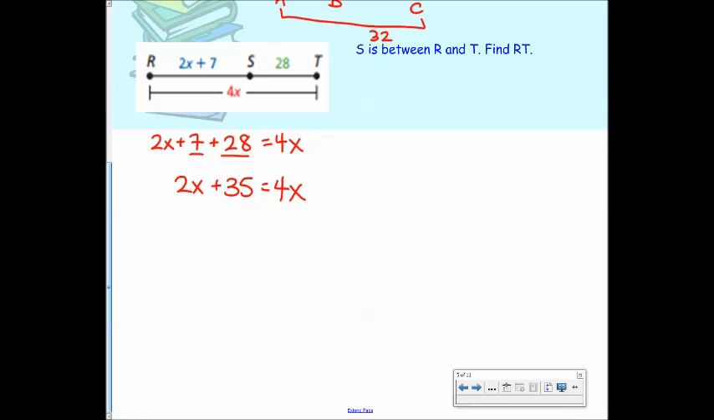So which one should I move, the 2x or the 4x? 2x. Why the 2x? You could move either, but why does it make more sense to move the 2x? 4x is bigger and it'll keep it positive, right? So how do I move a positive 2x? What do I have left here? Good. And how would I finish? Good. X equals